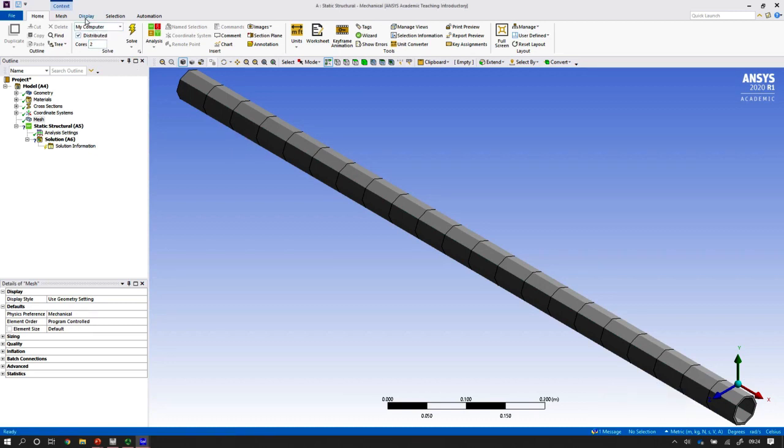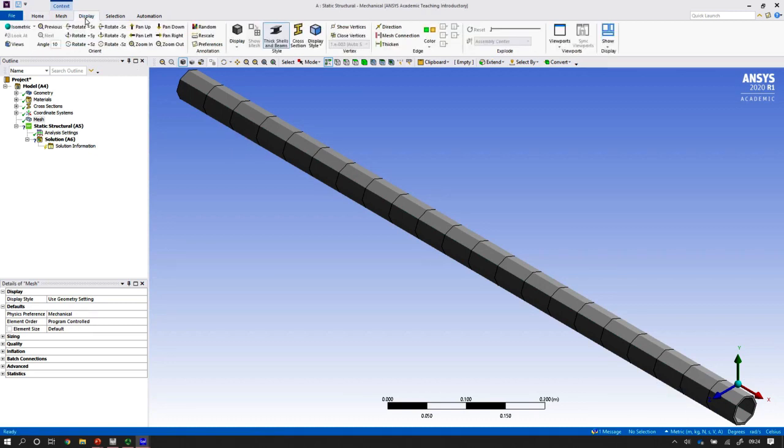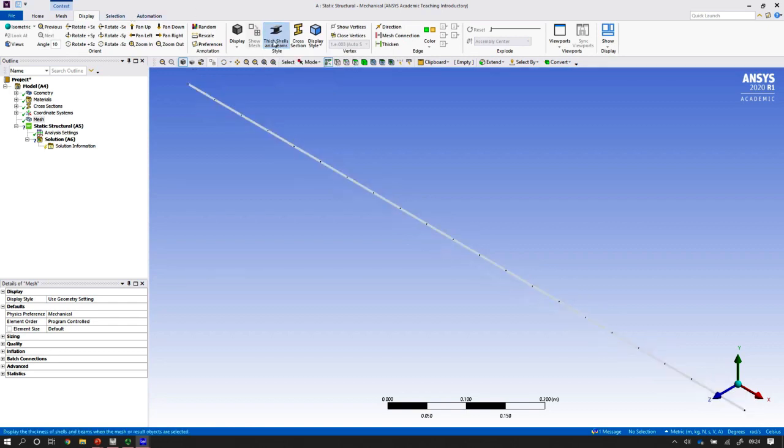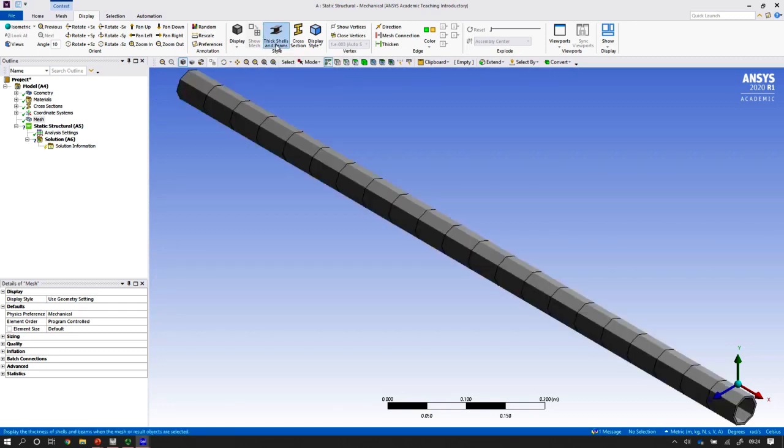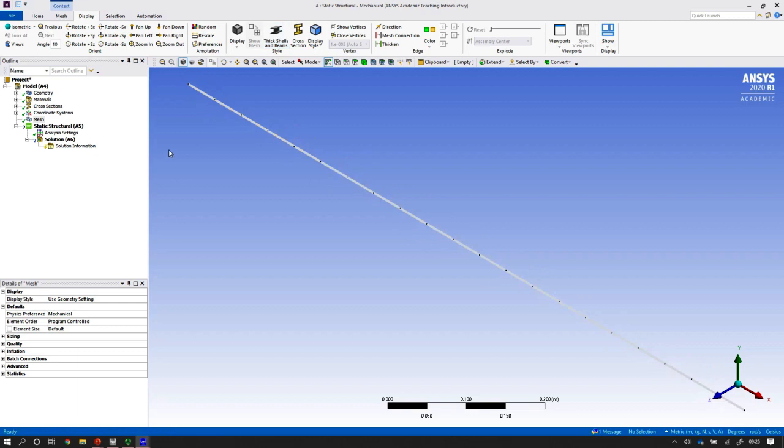The way I can make sure that I'm understanding what I'm actually seeing is come to the display menu and untick the thick shells and beams. This is the actual finite element model. These are the elements, okay, but ANSYS likes to visualize the actual construction of the cross section. But I'm going to leave it as a beam actually because it's easier to deal with,